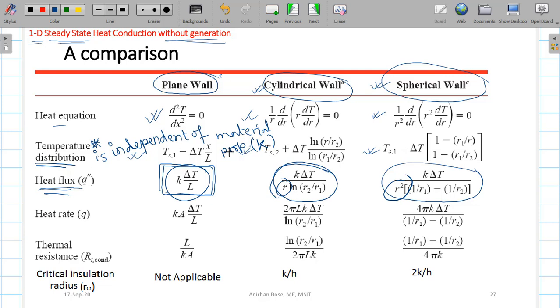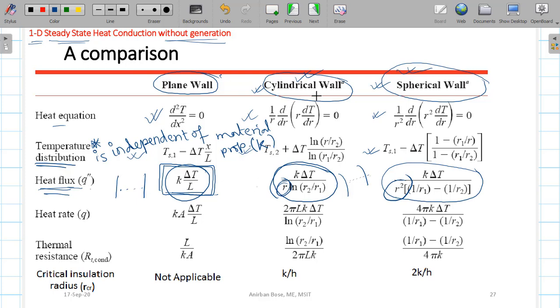So heat flux in case of cylindrical and spherical cases is not constant at every r, it is changing. But in case of plane wall, heat flux is constant at every x. At any position, the heat flux is the same. But along the radial direction, the heat flux is continuously changing. Rather, heat flux is continuously decreasing as r is increasing, that you can see. Similarly, in case of a spherical system, this is the second observation. Very, very important observation.